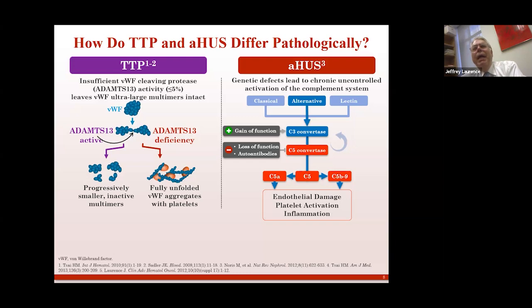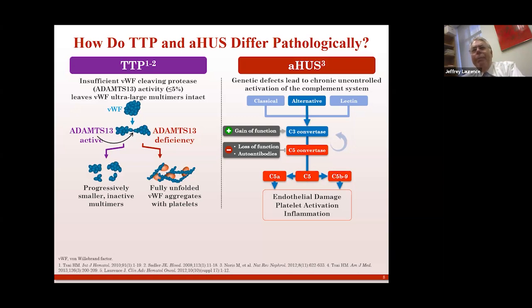All of this is breaking down complement factor C5 into C5a, also known as anaphylatoxin, and C5b, which promptly joins to 6, 7, 8, 9 in the blood and on tissues to form a complex known as C5b-9, also known as MAC, or membrane attack complex. And membrane attack complex does exactly what it sounds like. It punches holes in endothelial cells, it punches holes in red cells. C5a activates platelets. So you've got an inflammatory component, you've got a thrombotic component.